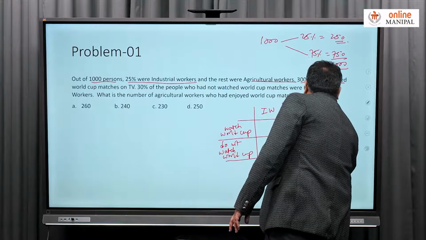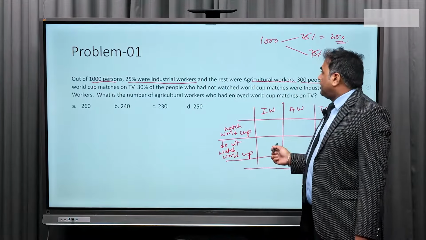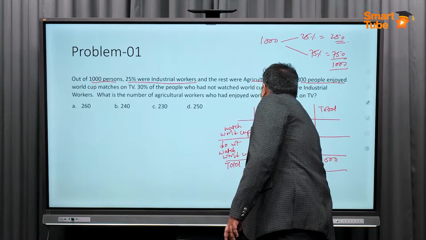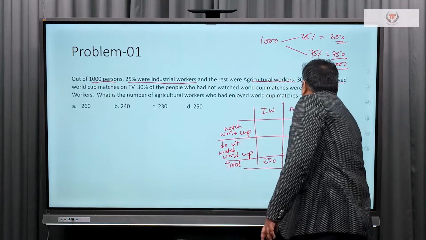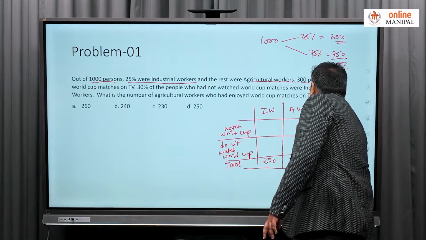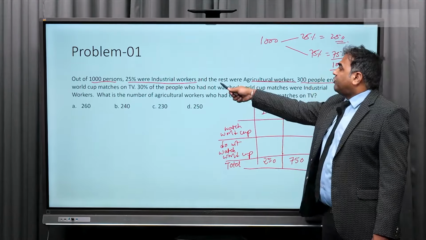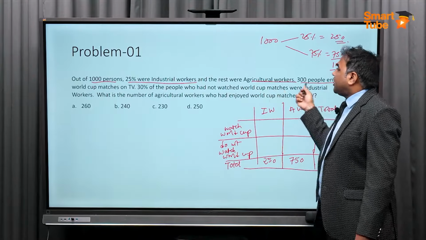Fine. So total is 1000. So we have total 1000 people. If I write here total, 250 are industrial worker and 750 are agricultural worker. Clear everyone? So out of 1000 people, 25% are industrial worker, 75% are agricultural worker, 300 people watch World Cup